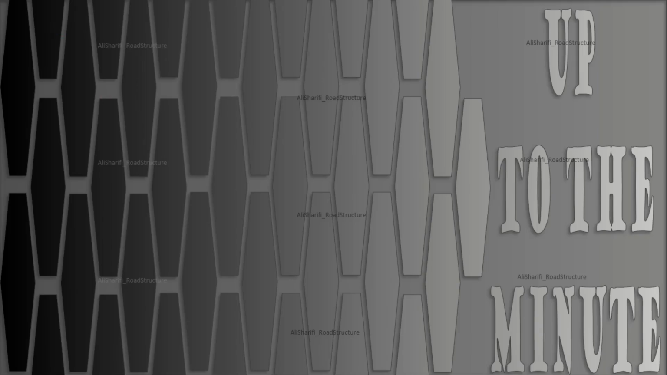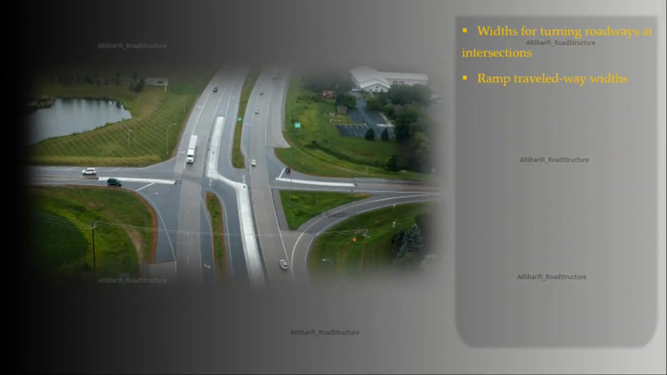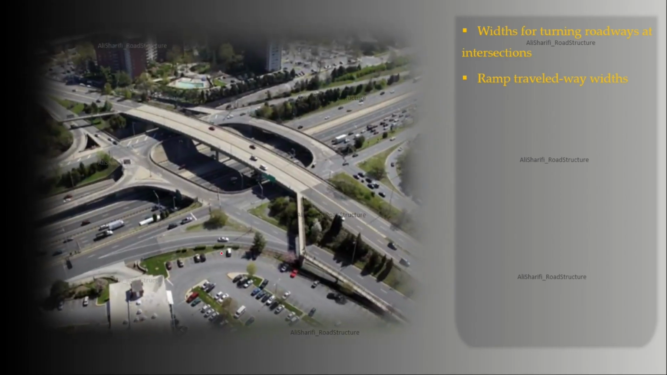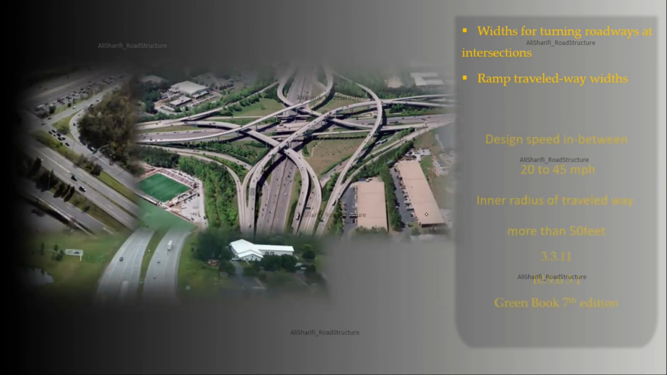Hello everybody, in this video I'm going to talk about the method for determining the widths of high-speed turning roadways at grade intersections and also ramps at interchanges. Some right turns at intersections or ramp terminals where the inner radius of a traveled way is larger than 50 feet, and also ramps at interchanges, are examples of this type of turning facility, which are normally designed